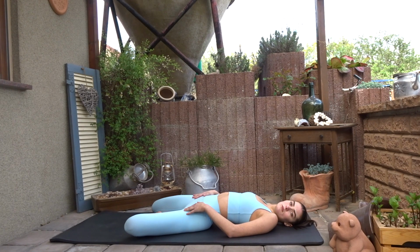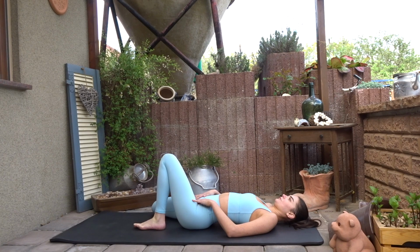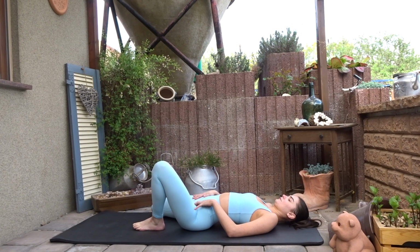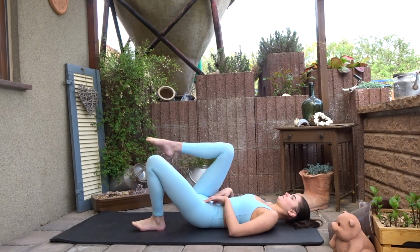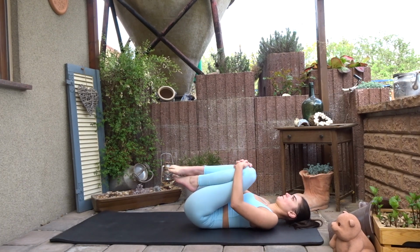And then bringing that knee up if you want to further that stretch even more, making sure that those glutes are still on the floor and your hips are still aligned. And you're going to feel it in that right quad. Nice big stretch, and slowly coming out of it, pulling those knees into your chest, rocking them around, massaging out